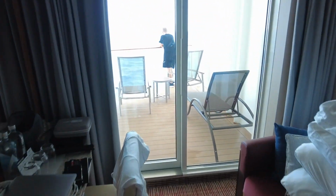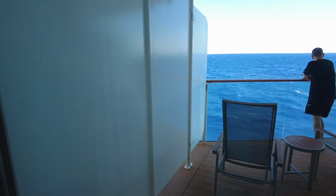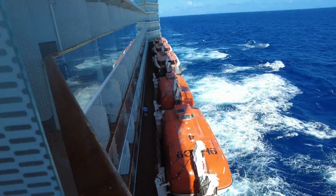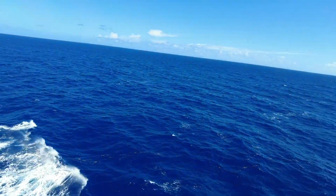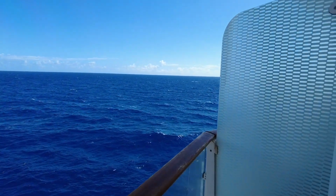I'll take you outside, it's going to get noisy, but it's a beautiful day today. James is hanging out there. You can see that the banisters of the balconies could do with a bit of TLC as well. In fact, you can look over there and see all the banisters need a bit of varnishing and TLC. But look at what a beautiful day it is,